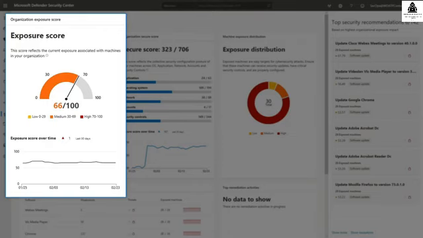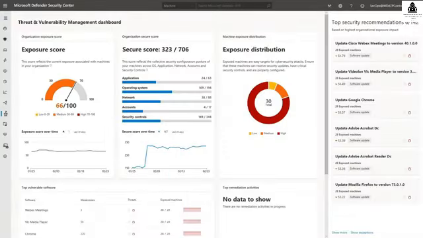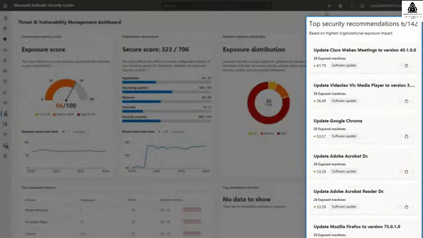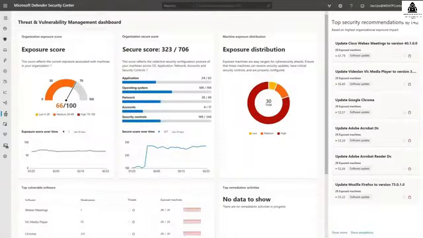You can also see how your score has improved or declined over the past 30 days. To improve this score, you can follow some of the top security recommendations. By default, you're shown the top recommendations based on their highest exposure impact, but you can always select Show More